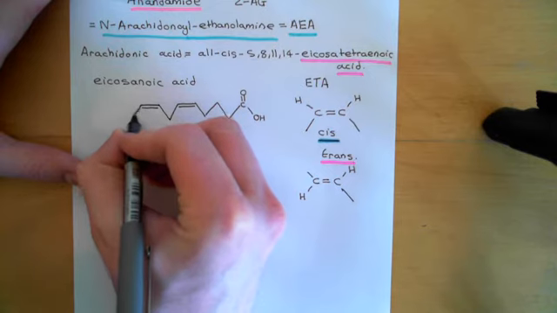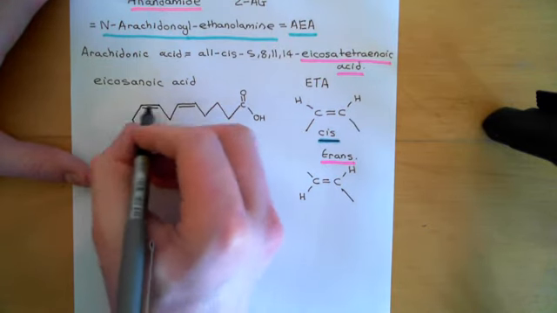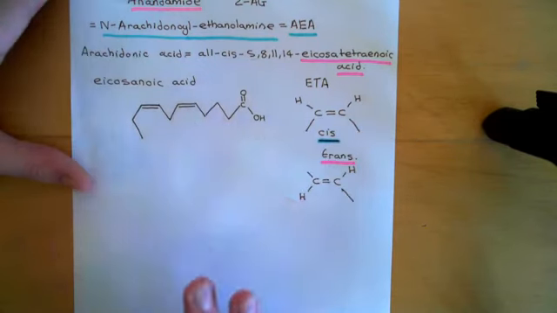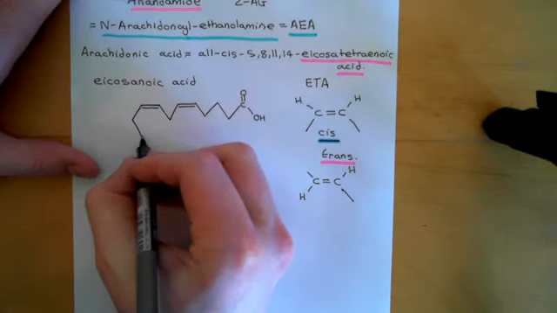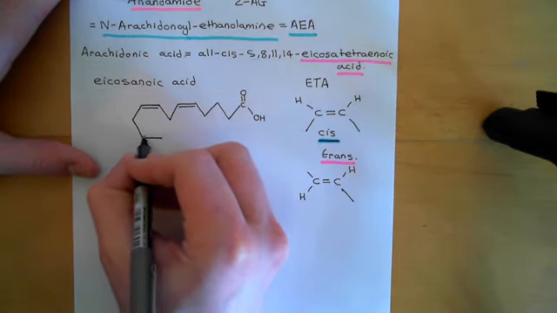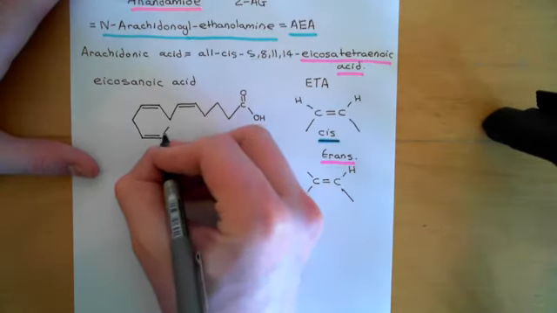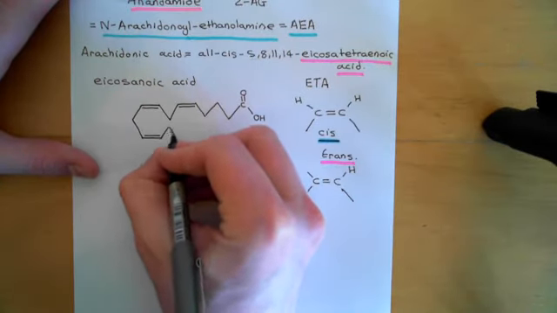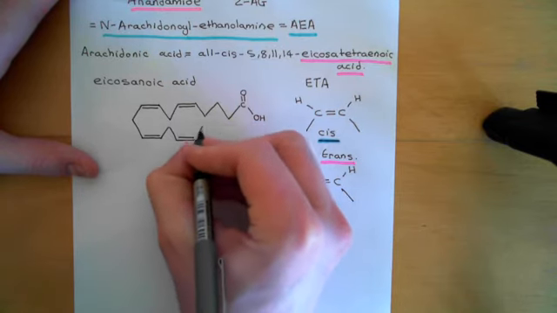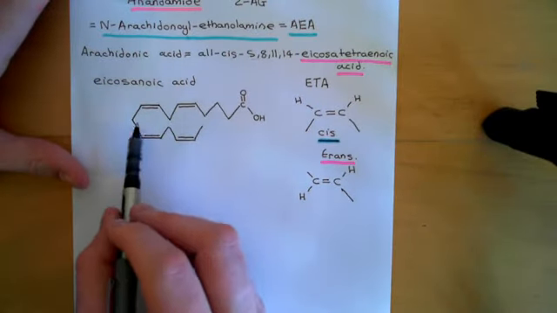So 8, 9, 10, 11. Okay, and generally people start to curve the molecule back round like this now, and you'll see why in a moment. So this is now the 11th carbon, and you're now going to have a double bond between the 11th and the 12th carbon here. This is 12th, 13th, 14th, so we need a double bond between the 14th and the 15th carbon, and hopefully you can now see why it's nice to draw it in this way,